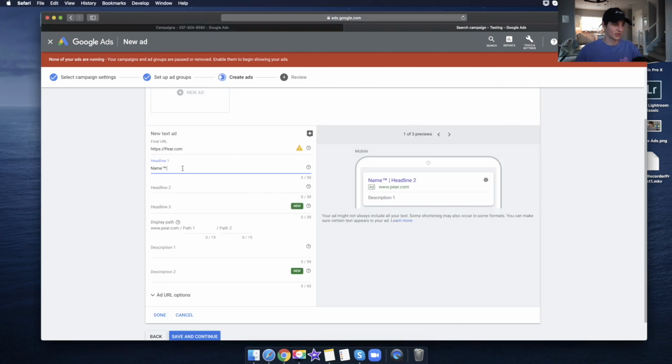Our first headline, we're just going to do the simple one, which is the name. We're going to do Pair, trademark, and then Official Site. You'll see a lot of big companies, that's all they have, just like that. For the description, all you really have to do is describe your product. A lot of people don't even read the description. They don't wait that long. They just click on a link if they're actually curious. Don't be lazy. So I'm just going to put